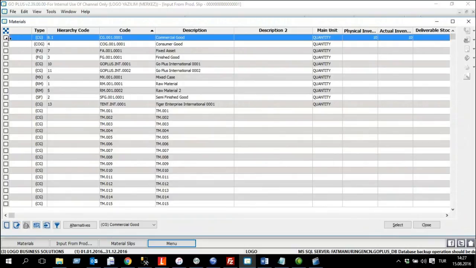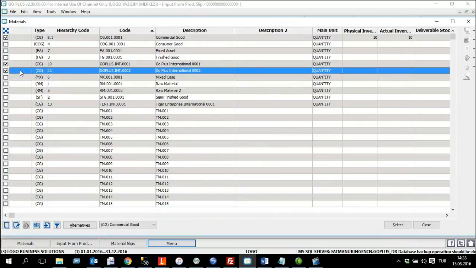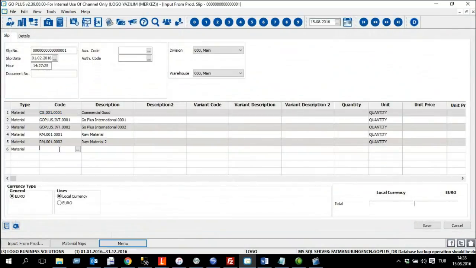And let's choose the material. Let's choose this commercial good, and this GoPlus International, GoPlus International 0002, and some of the raw materials. As you can see, the program enables us to make multiple choices, so you don't have to choose the materials one by one each time. Now let's define the quantities. 100, 100, 100,